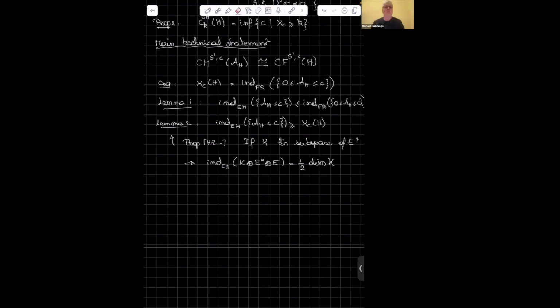I had a question about the star-shaped assumption. I might have missed something, but is Ekeland-Hofer even defined at all for anything more general than star-shaped domains? Ekeland-Hofer is indeed defined for more general than star-shaped domains, but in our proof we are stuck to star-shaped domains to really have that the standard one-form is a contact form and everything works really well,